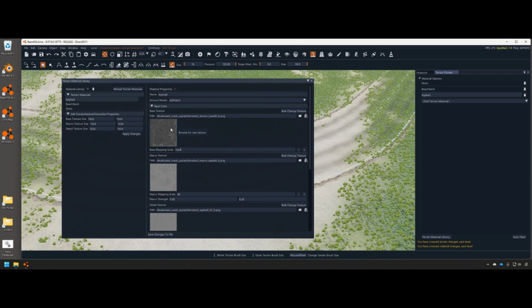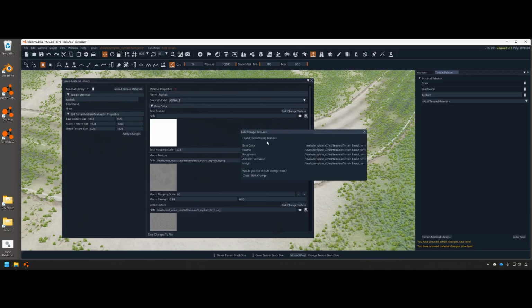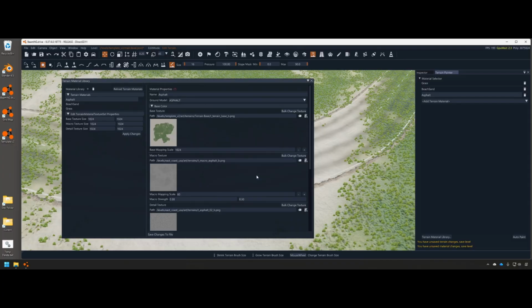And then we don't really want this particular base anyways. It's not for our map. It's for the East Coast USA. So we're going to go ahead and remove it. And we're going to bulk change it to our terrain base, which is the one right here. Bulk change allows us to change all of the maps at once. Bingo. Okay. So now if we save that,